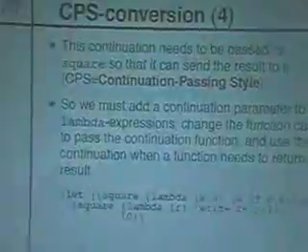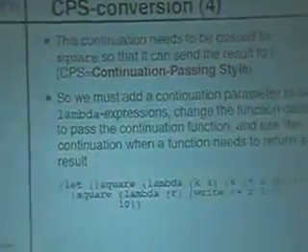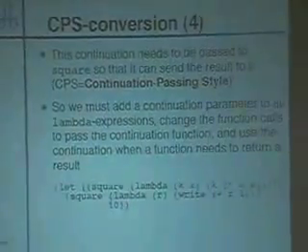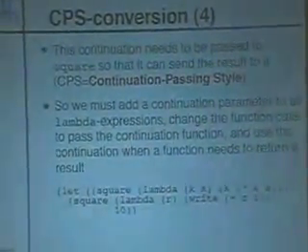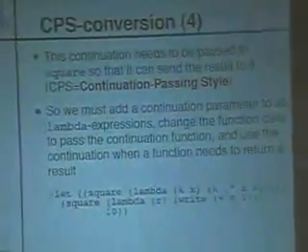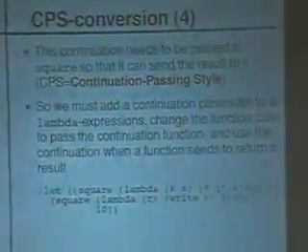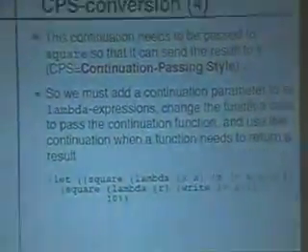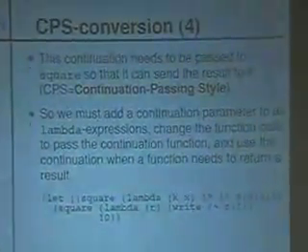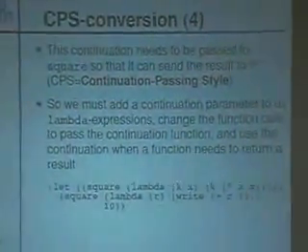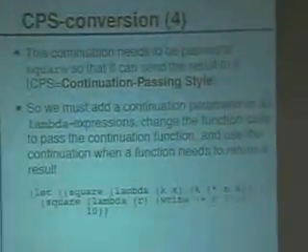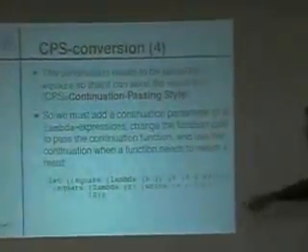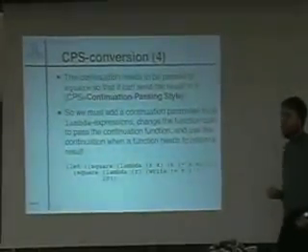Well, basically we can add a parameter to the function. And this is why we call this continuation passing style. When we translate a function call, what we really want to do is pass the continuation to the function we're calling. And it will be up to that function how it uses this continuation, how it returns information to the continuation.